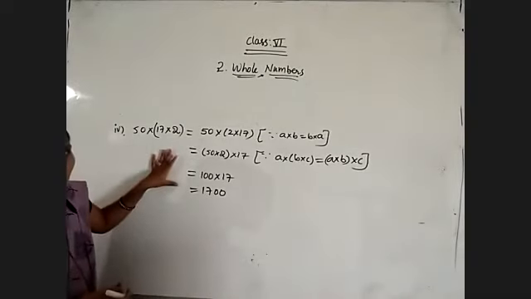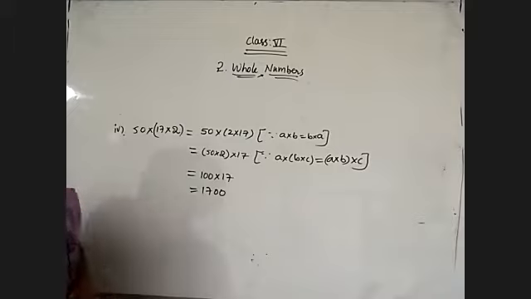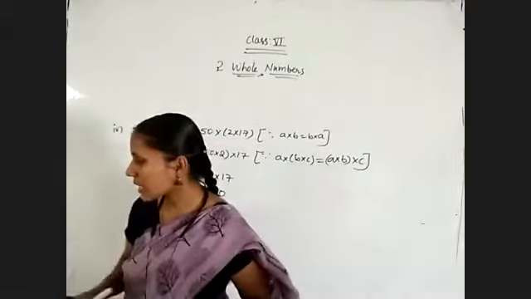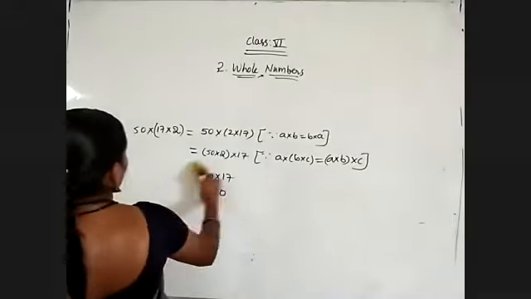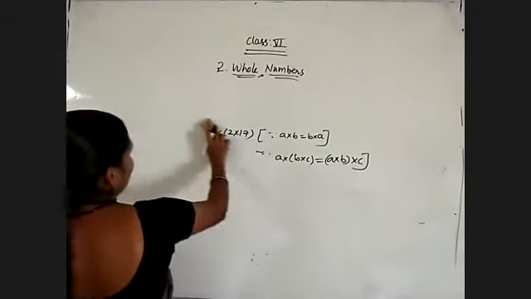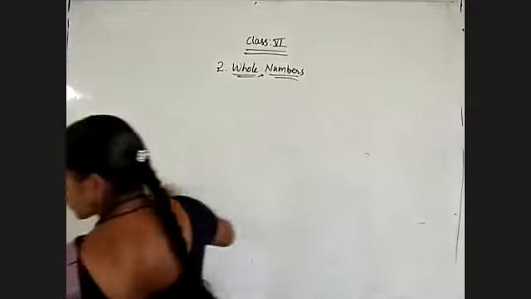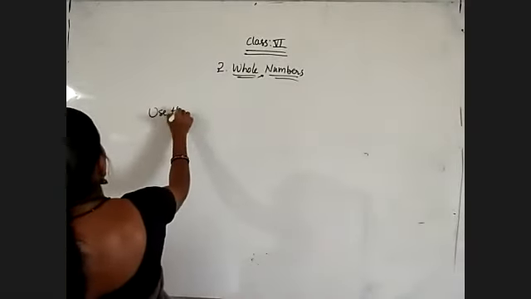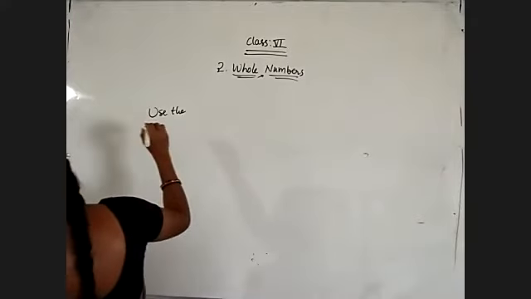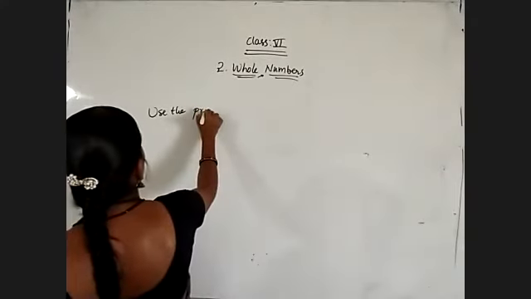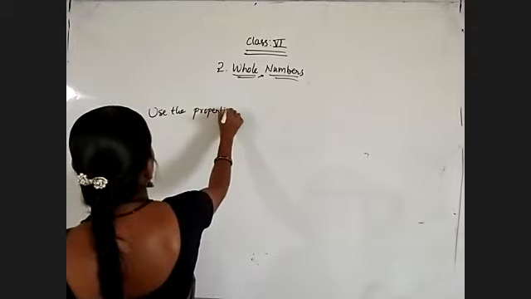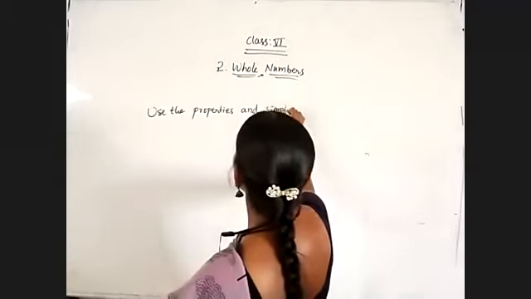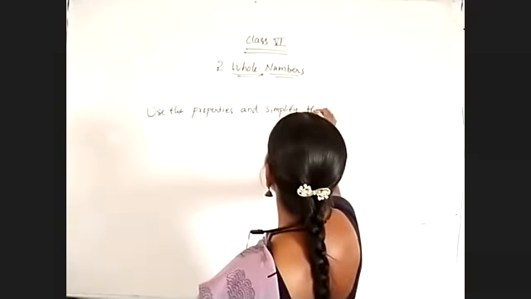Let's say this way only we are presenting this problem. Okay, and for the same, I am giving two questions. Simplify yourself. Those two questions are one addition and one multiplication. And the first question is: use the properties and simplify the following. So which property you can use? You must understand.